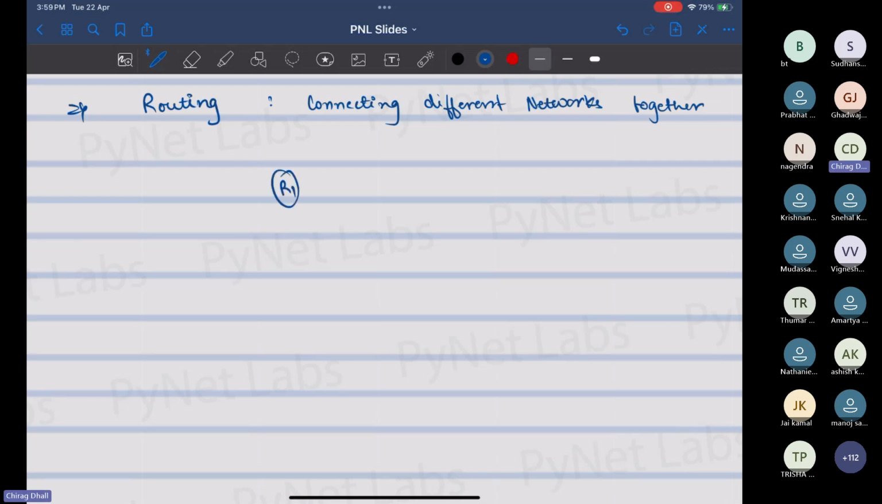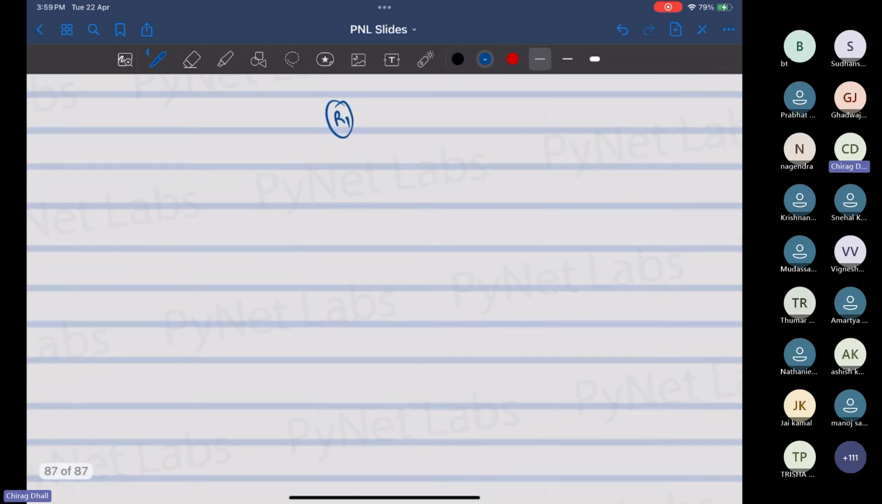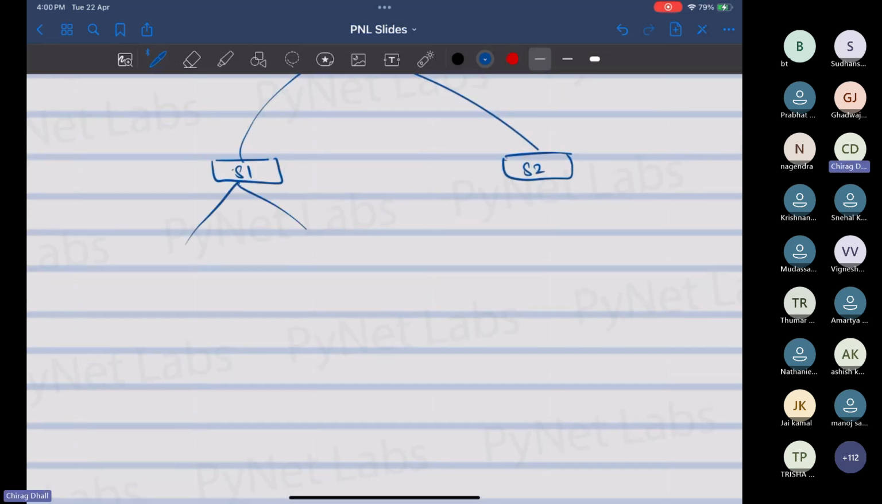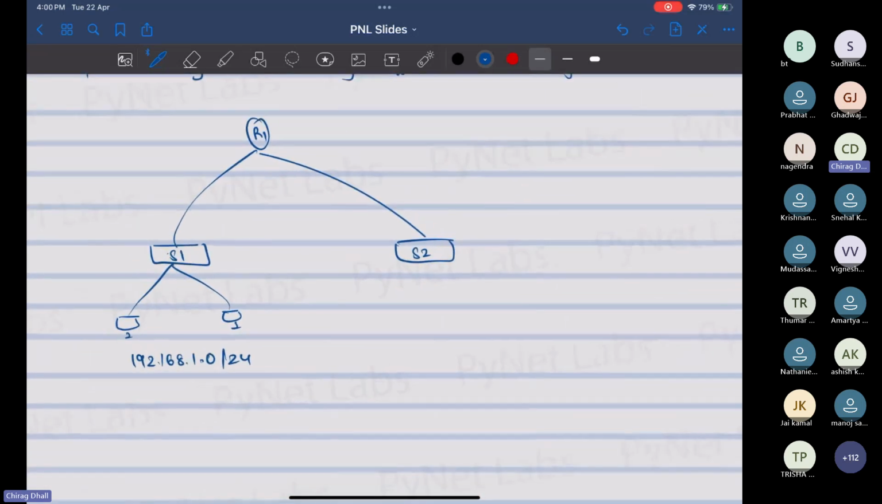In our session earlier, we tried connecting two different networks together. R1 was connected with one switch and another switch. There were N devices connected to switch 1 under the network 192.168.1.0/24, and there were also N devices connected to switch 2 on the network 192.168.2.0/24. And using the default gateway,